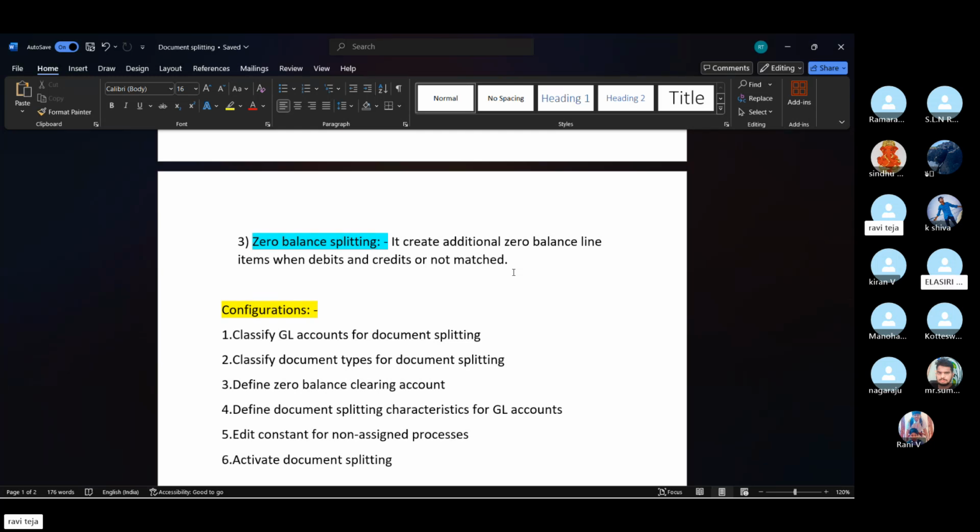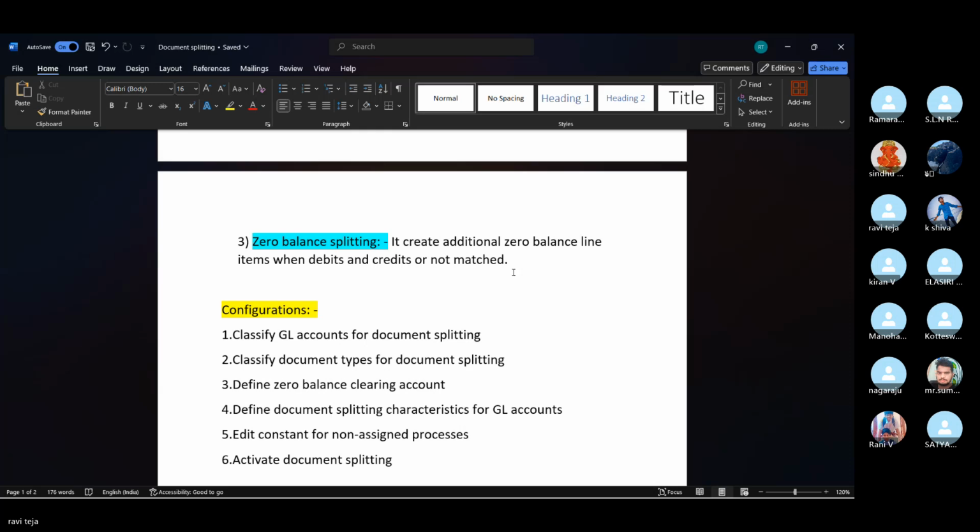We cannot see any transaction in SAP with a zero balance; the system will not post an entry for that. The actual thing is that the same GL is debited and the same GL is credited with a different profit center or cost center. That makes the balance zero. In the GL, no balance transfer will happen, but the same GL will be debited with 100 rupees and the same GL credited with 100 rupees. The profit center or cost center has to be posted based on our document splitting.